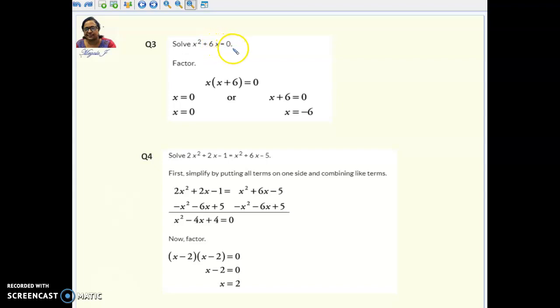So x square plus 6x is equal to 0. Here what you can do is consider the common term, which is x. Take it out, and that's going to be x into x plus 6. Whenever you have something like AB equal to 0, we can say that either A equal to 0 or B equal to 0, or both can be 0. Here we consider it in the same way: this is one term and this is another term. So x equal to 0 or x plus 6 is equal to 0. When x equal to 0, the answer is 0, and when x plus 6 is equal to 0, then x is equal to minus 6.